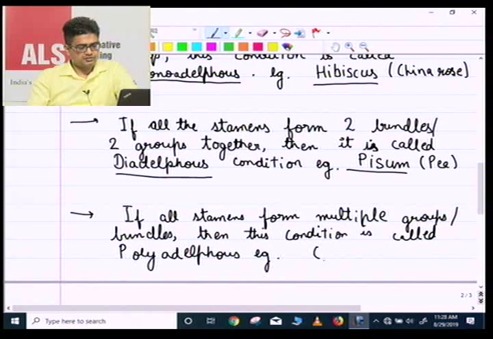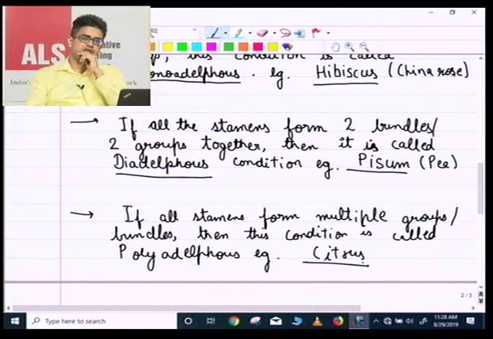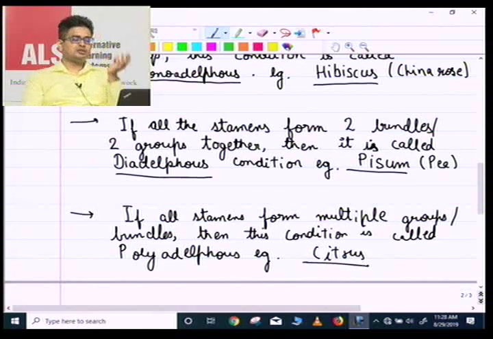Example, citrus. If you have a citrus family plant anywhere, if you have a lemon tree,